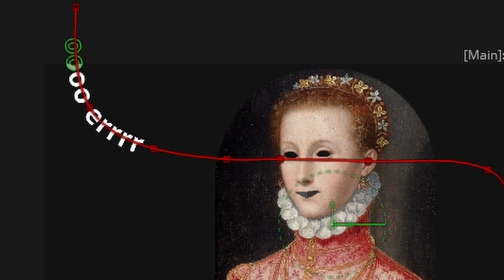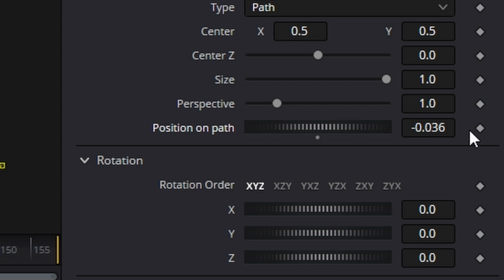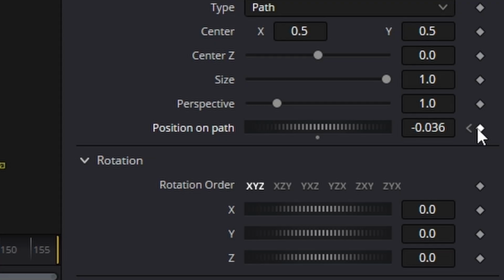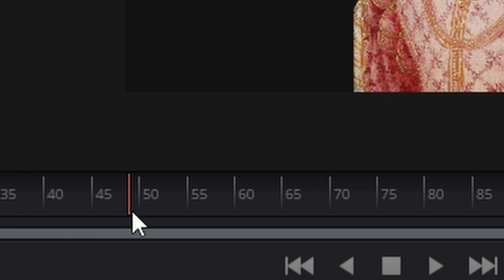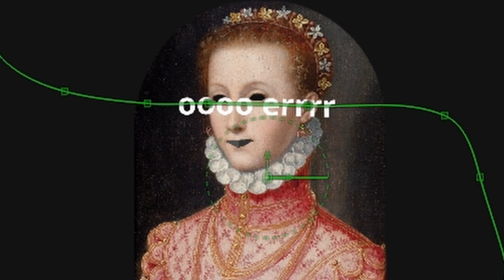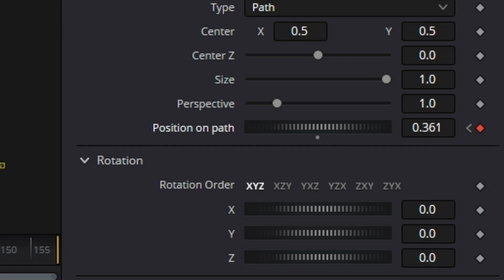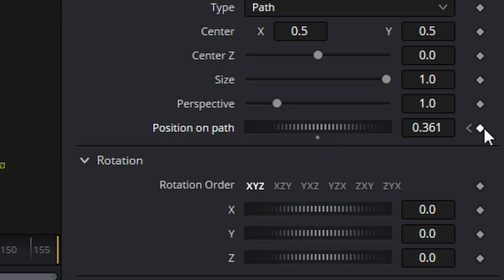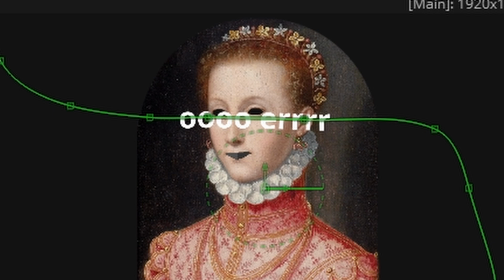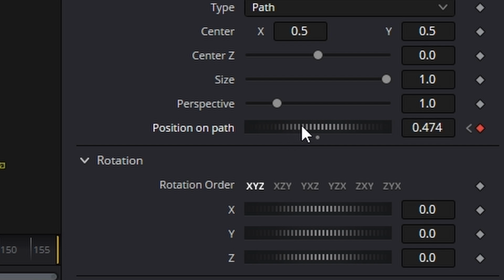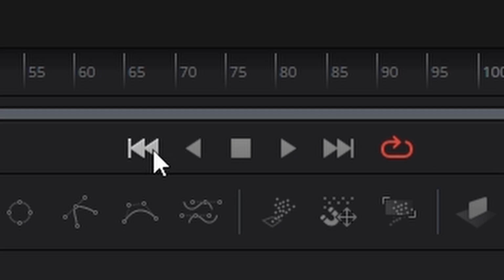So at frame 0, we're going to put our text just there and create a keyframe. We're going to go across to frame 25, do the same thing again. Let's go to frame 50 and bring our text in. We're going to center it right in the middle of her head like that and create a keyframe. It's automatically created a keyframe. We're going to go forward to frame 70 and create another keyframe because we want our text to sit there for a minute. Then at frame 115 we'll have our text go off like that. Now when we play it back,